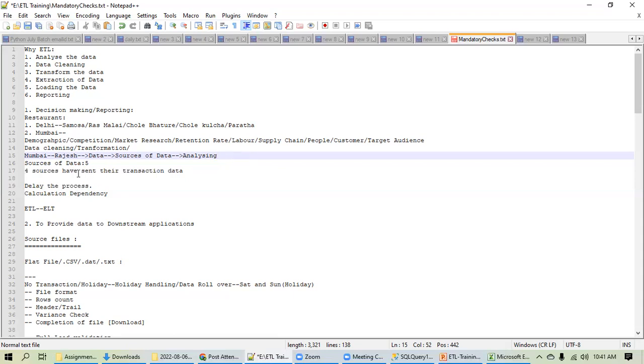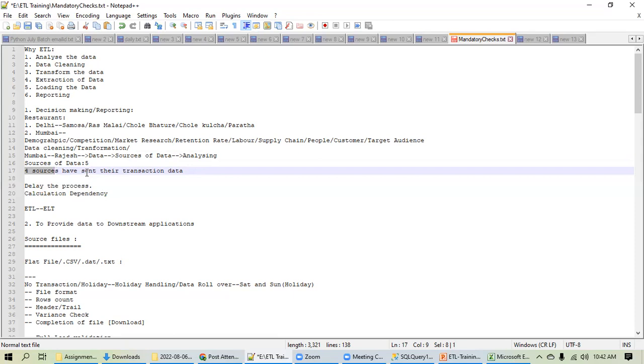Now coming to this case, it was discussed that you'll be having 5 sources of data. On a particular day, you have received data only from 4 sources, because of some reason a particular source has not sent the data. We will discuss those reasons as well. What are the possible reasons? Maybe that particular source is having a holiday. Maybe that source has sent the data, but you have not received it because at your end there is some network issue. Or maybe they have sent the data, but at their end it was not sent because their connection failed.